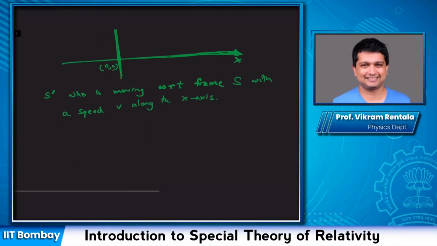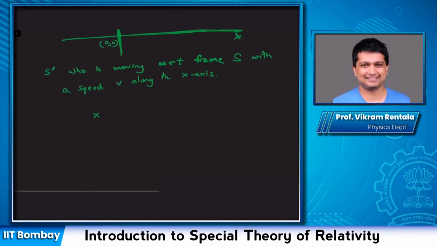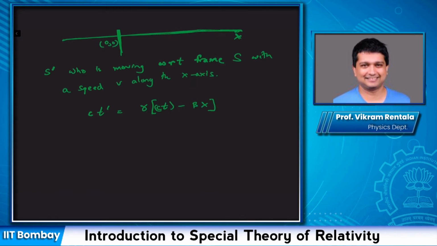Of course, our special relativity transformations tell us, we'll write this down: if we measure the time t prime as seen by observer S prime, or rather ct prime, that would be equal to gamma times (ct minus beta times x), and x prime would be gamma times (x minus beta times ct). And y prime would be y and z prime would be z,